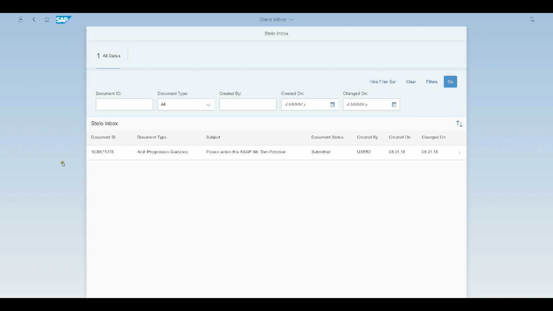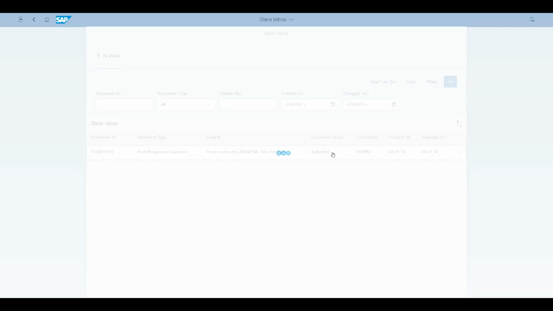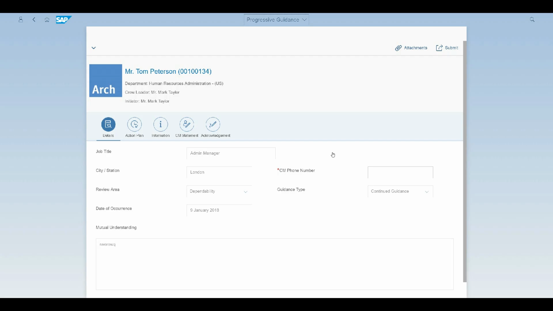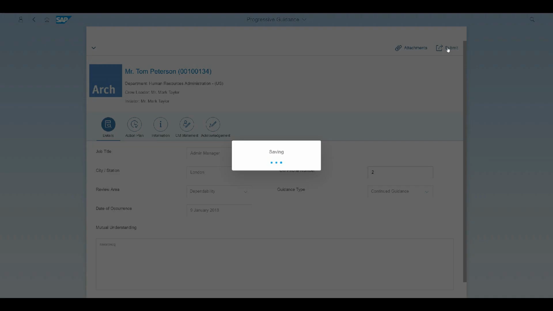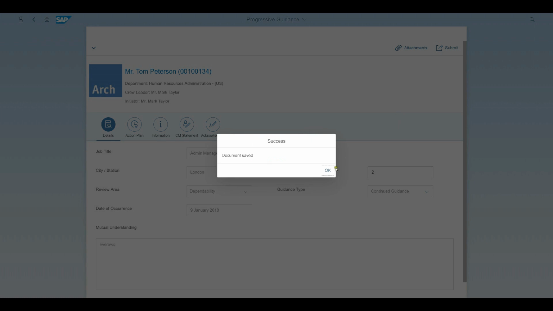Here I can see the new document status is now submitted, and if I open this up from the inbox, then I can see this app now has got all the information. It's asking me for some new information, some different information, but my options have changed up at the top. So in this sense, all I can do is submit. But let's just show that if I submit that one more time,